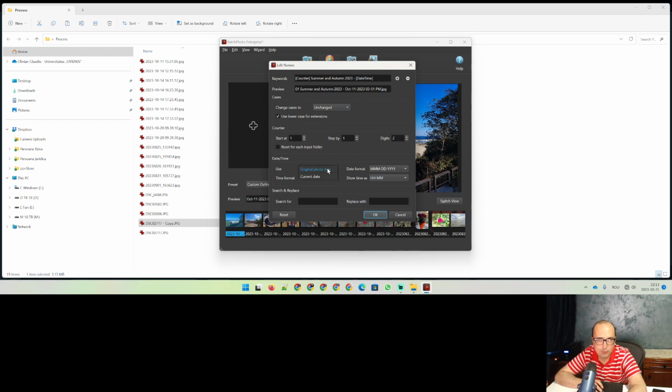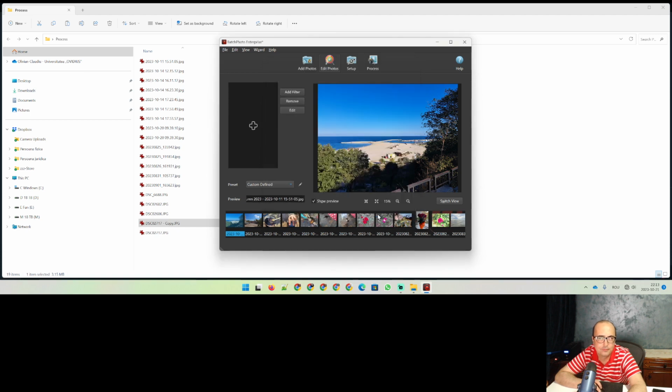For photos, it's okay to use the original date. I like the fact that I can pick the format. This is the format I generally prefer for images: year, month, date, 24 hours, and the seconds. Okay. I like the final result. So we added one